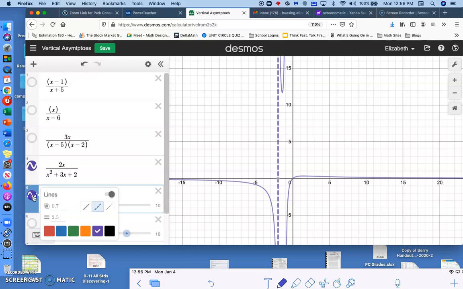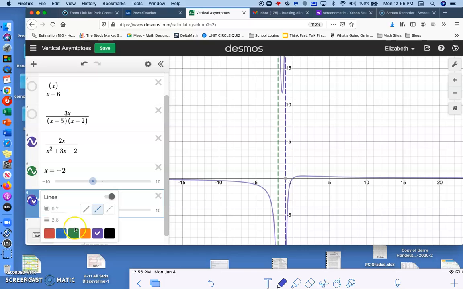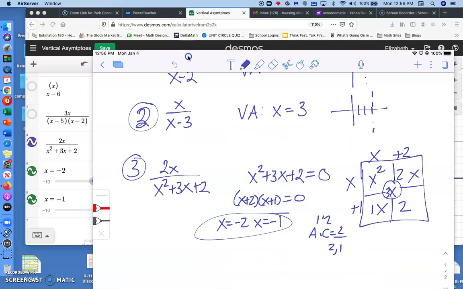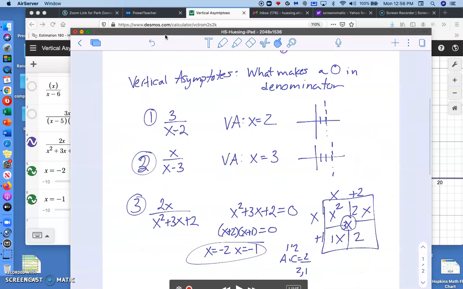Make this a different color so it shows up a little nicer. And let's see, x equals negative 1. We'll make this one green too so it shows up. Yeah, and that's where those two are, at x equals 2 and x equals 1. So to find our vertical, again, what makes a 0 in the denominator? So x minus 2 is positive 2, x minus 3 is positive 3, and then we had to factor it